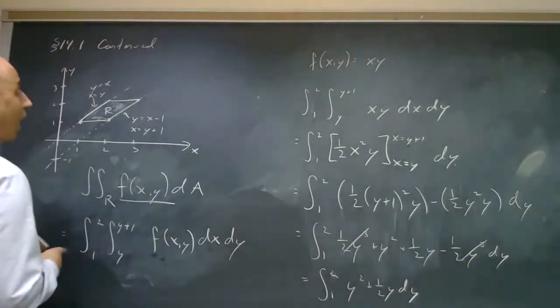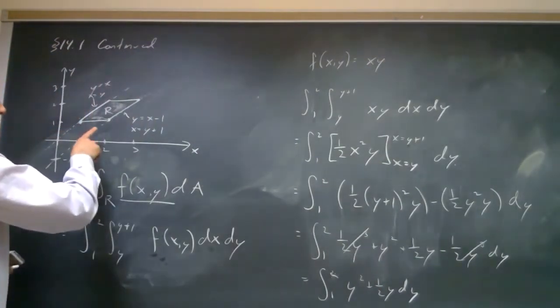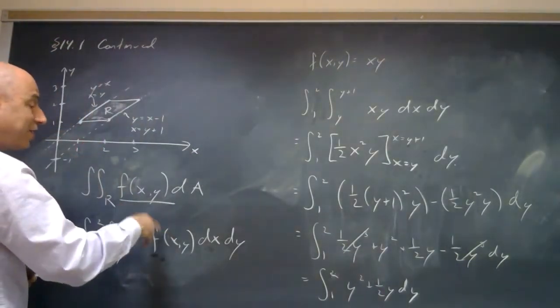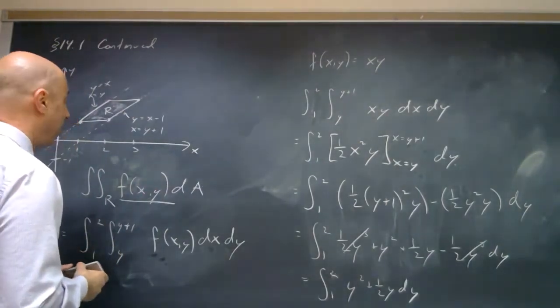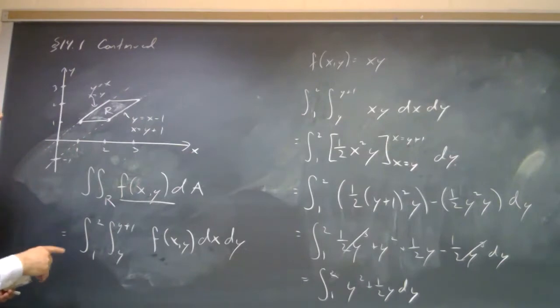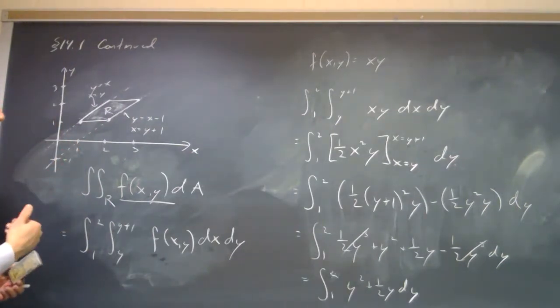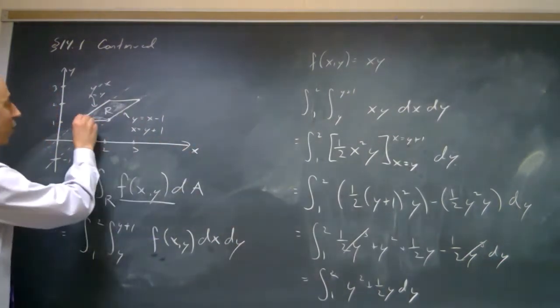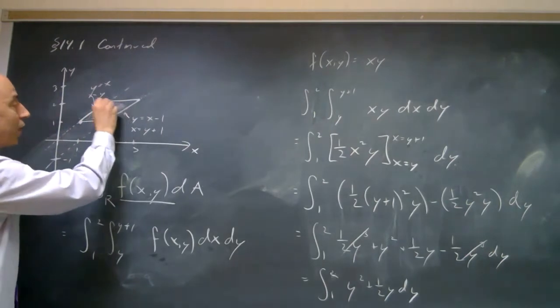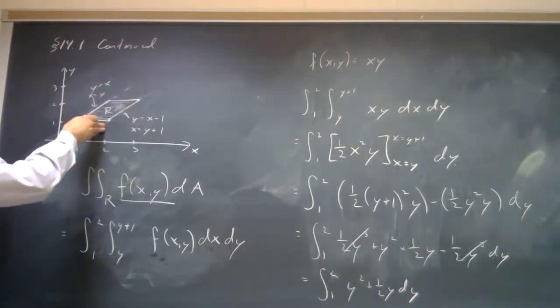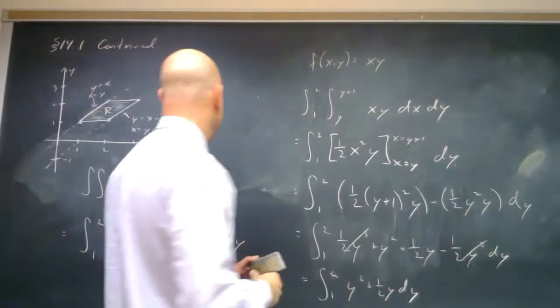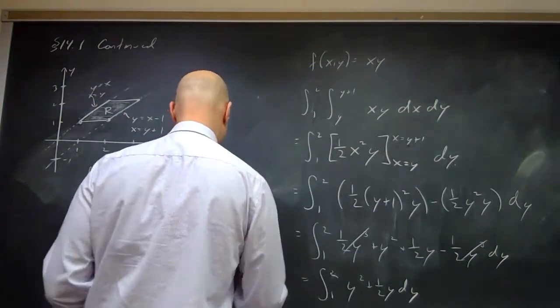Okay. So we said this was going to be easier doing X on the inside and Y on the outside rather than doing X on the outside and Y on the inside. Let's see why. Let's see what happens if we try to do X on the outside and Y on the inside. So what we've just done with X on the inside is integrated this in horizontal stripes, going from the left boundary to the right boundary. So let's try this,